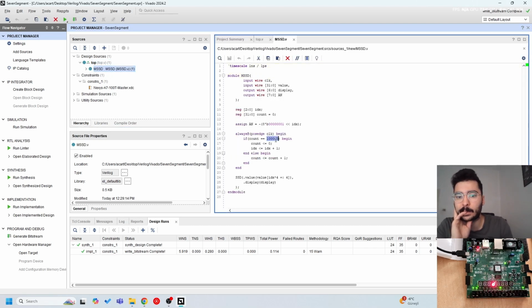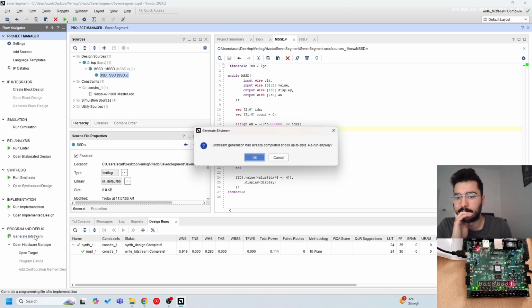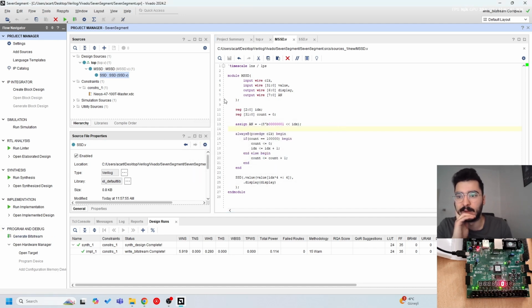Yes, it's 100 now, but if I write something other than that, it's not updating. If I Control S, save. Yes, but now here at the top left, it should show that the design is out of date because I've changed the design, and it shouldn't give me this. Whenever this happens,